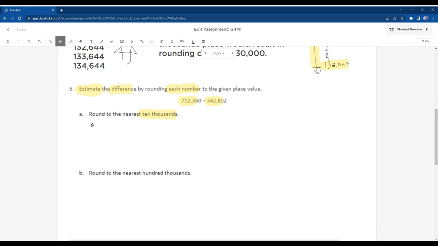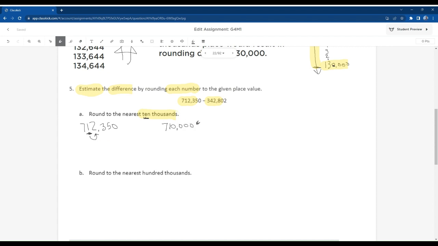So I need to round 712,350 to the nearest 10,000. Well, this 1 here is in the 10,000s place. And if I've noticed this pattern, this 2 in the thousands place wouldn't be able to bump this one up to the next greatest place value. So 712,350 rounded to the nearest 10,000 would be